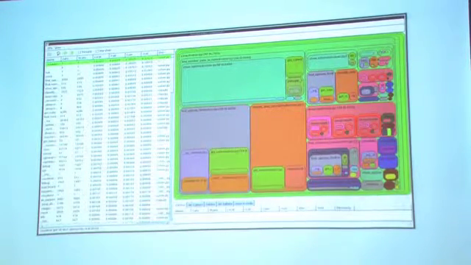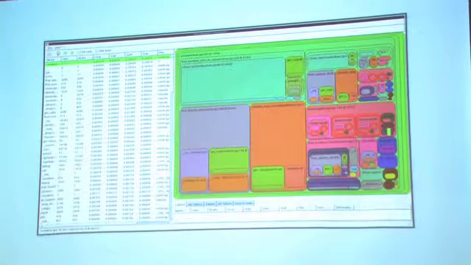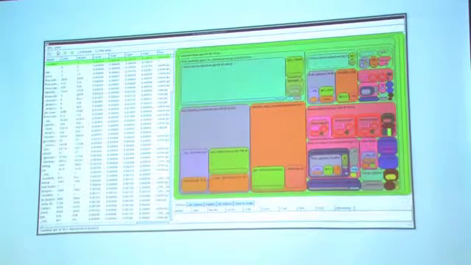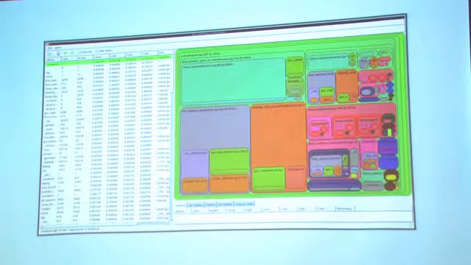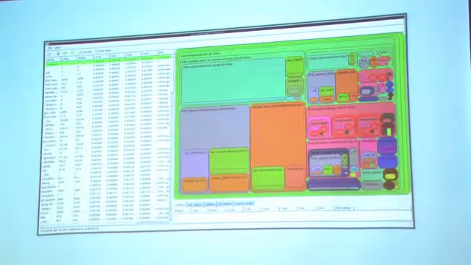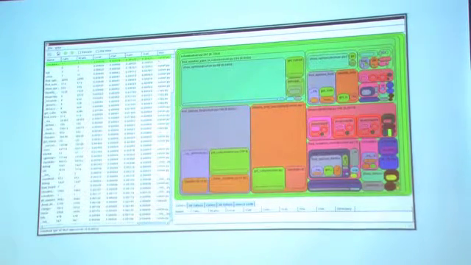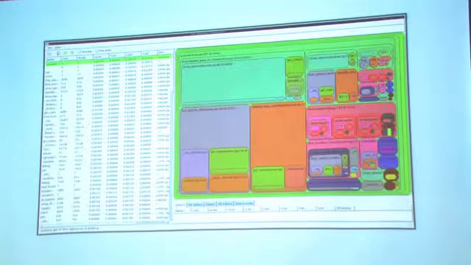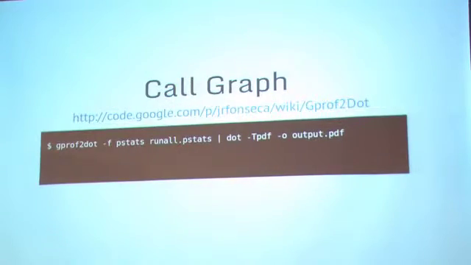It's also really good at showing you, as you go down the stack, time spent in callees, but it's not great at isolating a function that's called all the way down the stack that maybe is called by a lot of different functions. You don't get a clear picture of the total time spent in that function. So let's look at another tool for visualization, and that is